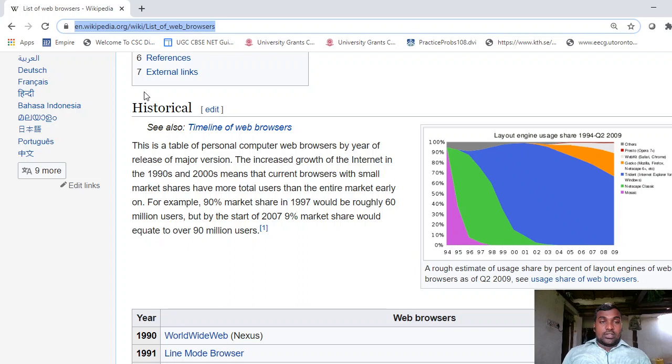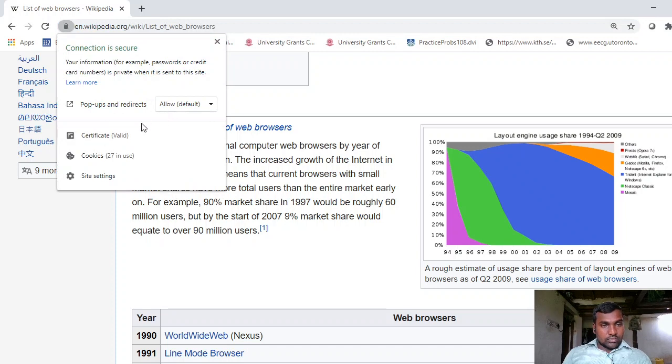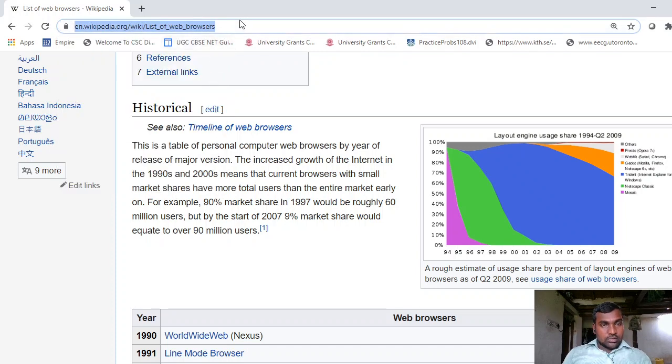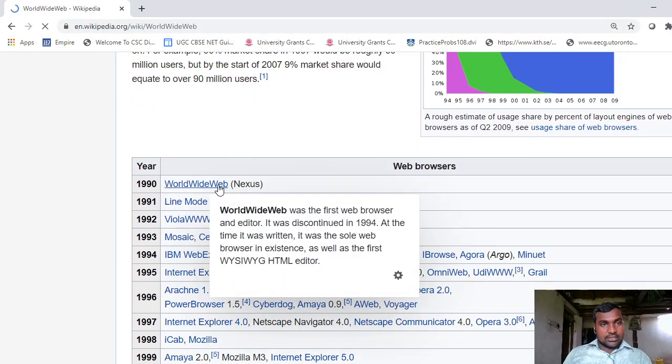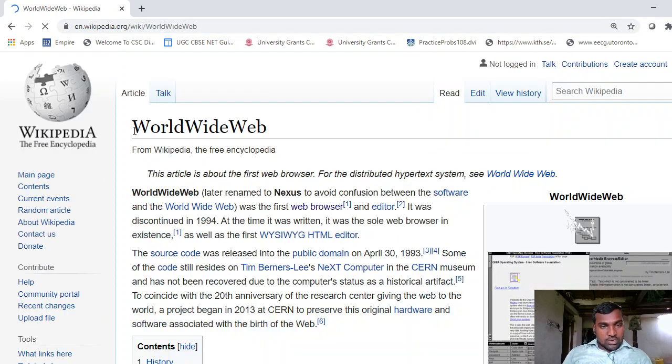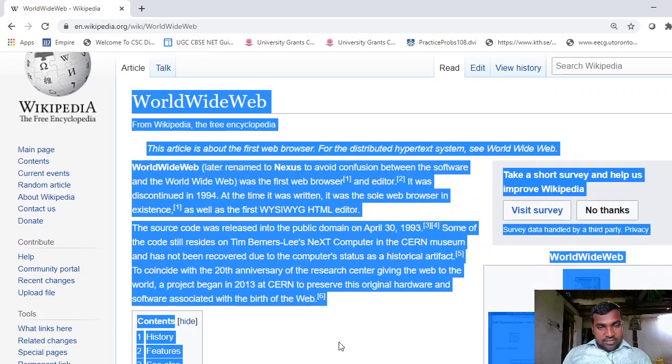And next we are talking about the URL, right? For example, I am opening this World Wide Web page.